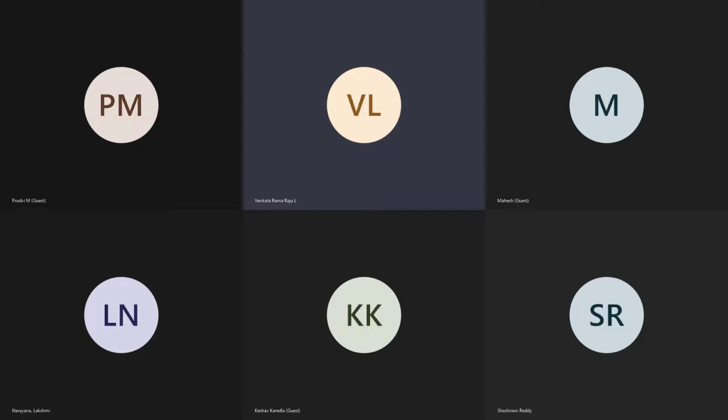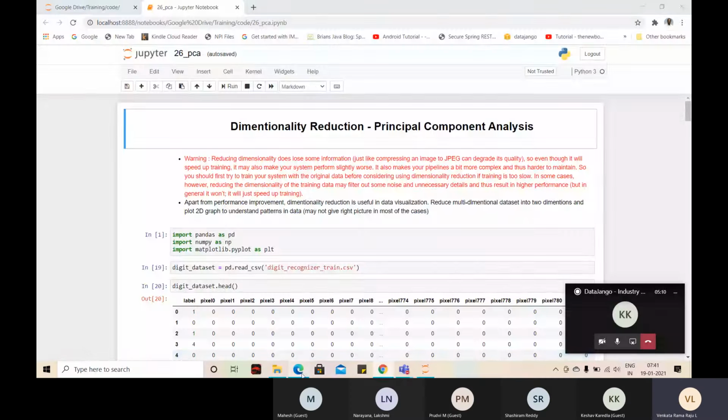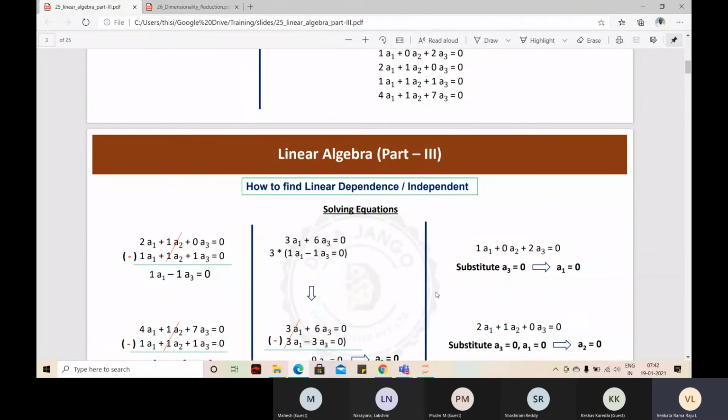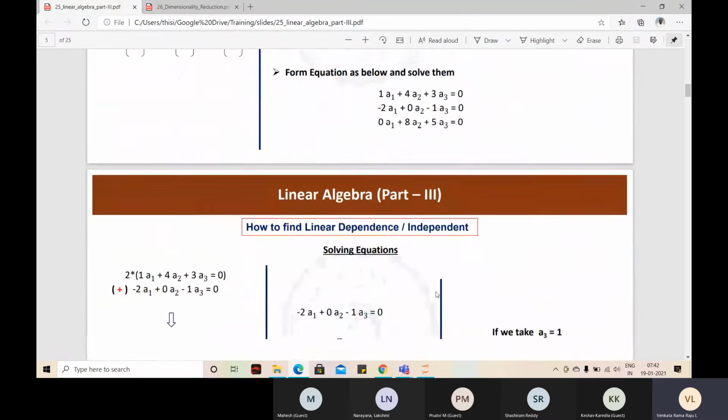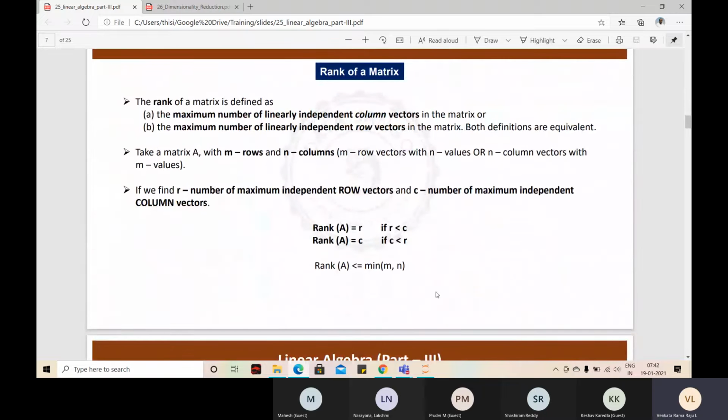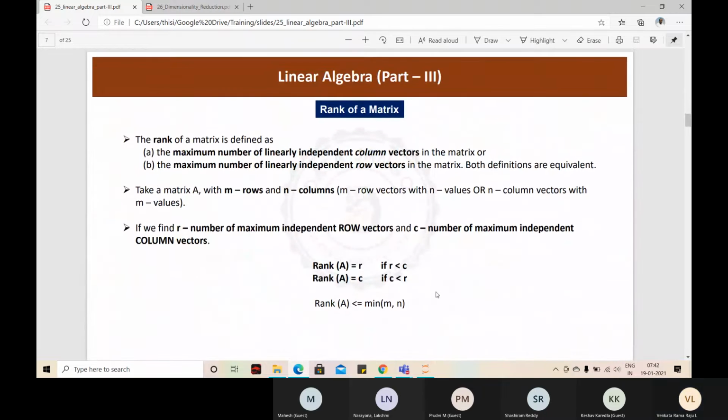Today we looked into a little bit of PCA also. We looked into the eigenvector decomposition, eigenvalue decomposition. The principal component analysis uses eigenvector, eigenvalue decomposition to find out the principal components, and then it projects and rotates. Okay, so